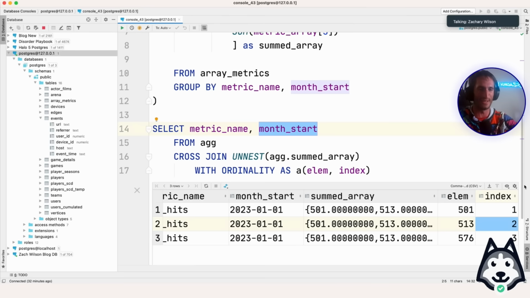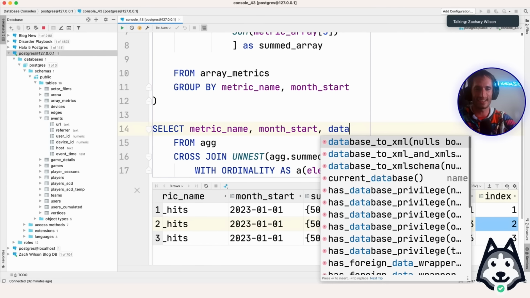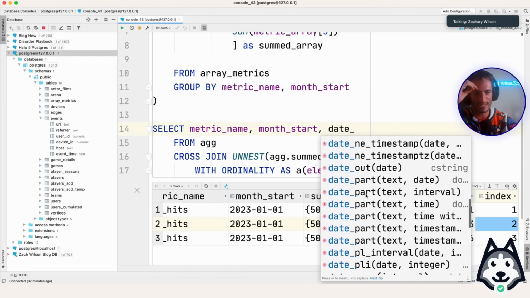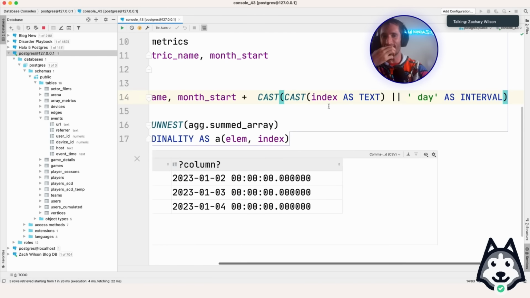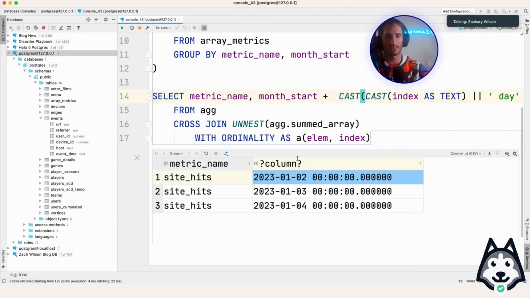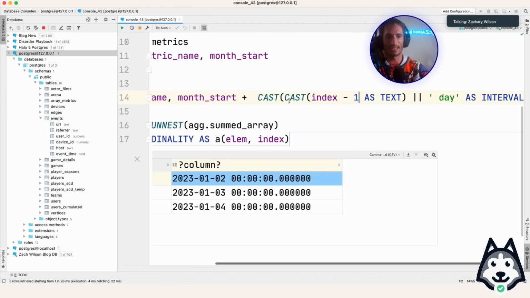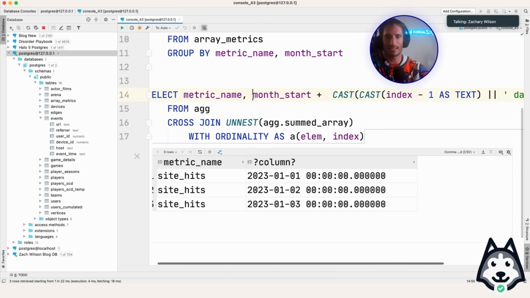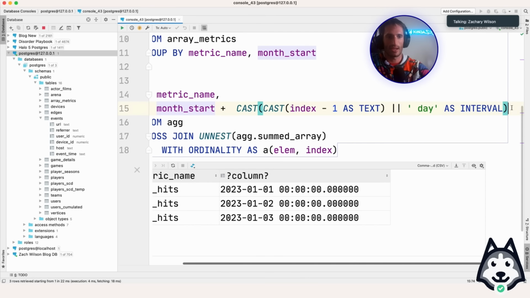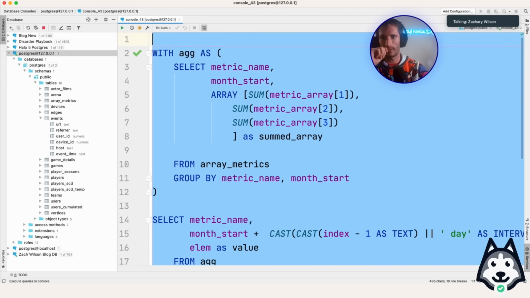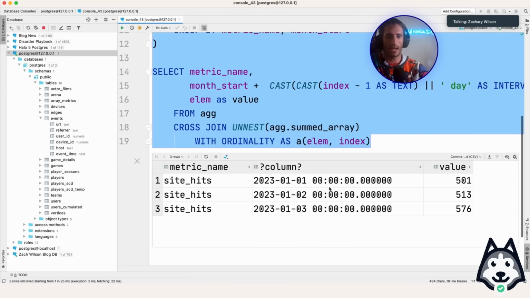From an int, you've got date add, or we can get this stuff like date in, date part, date out, date trunc. Okay, so the problem here is, remember it's 0-based, right? So this is actually the wrong day. So we need to do index -1 because of Postgres. Okay, perfect. So now we have our date, and we have lm as value, right? Okay, there we go. So now we have our date, and you see how this is back